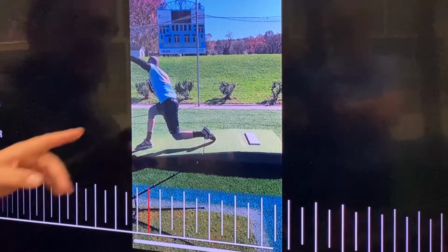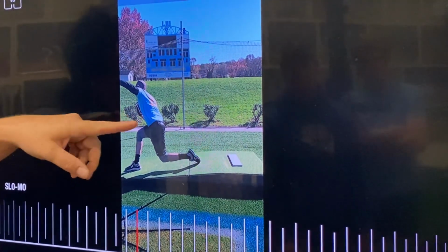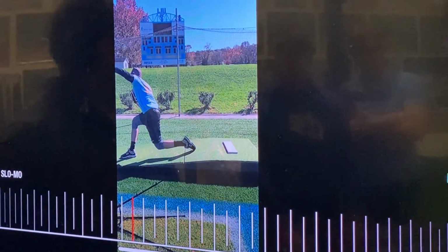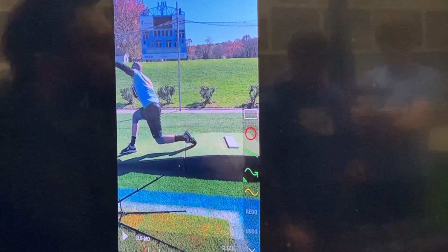You see what I'm saying? That's a dude who's so freaking athletic and strong, he's throwing 90 despite himself. You know what I mean? If he learned how to use his body, he would literally be throwing 100 miles an hour right now. But again, just showing you